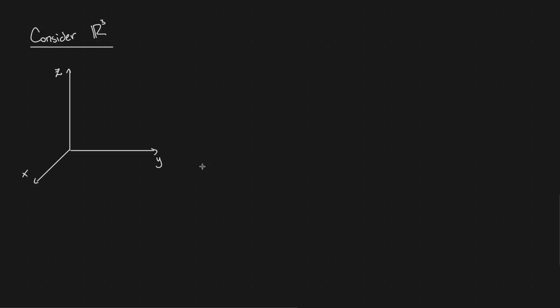And so now I'm going to have 3 standard unit vectors, one pointing in the positive direction in each of the axes. So let me just add some tick marks here. So the vector pointing in the positive X direction, notice this vector is very similar to vector I before, right? So the standard unit vectors in R3